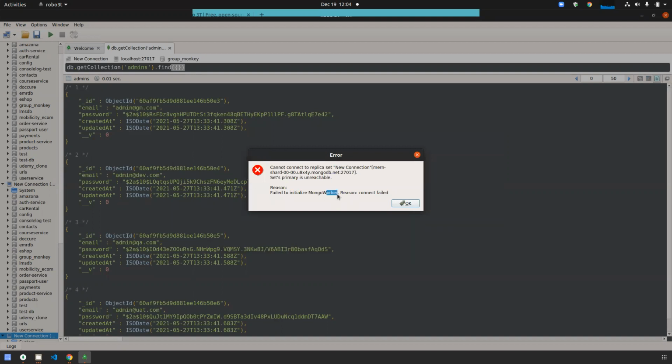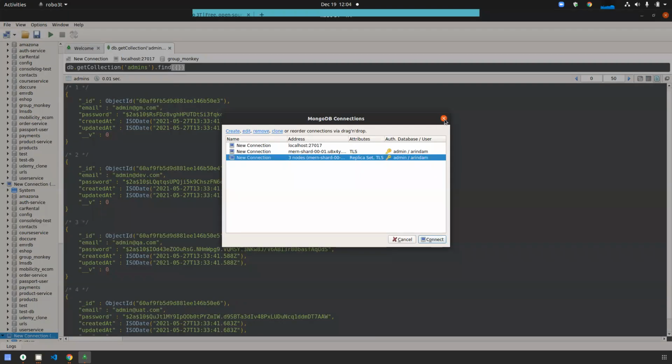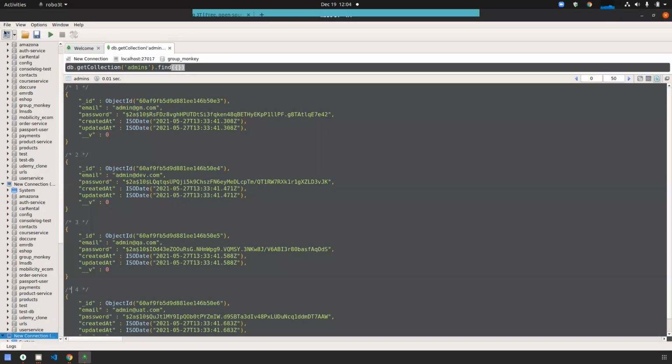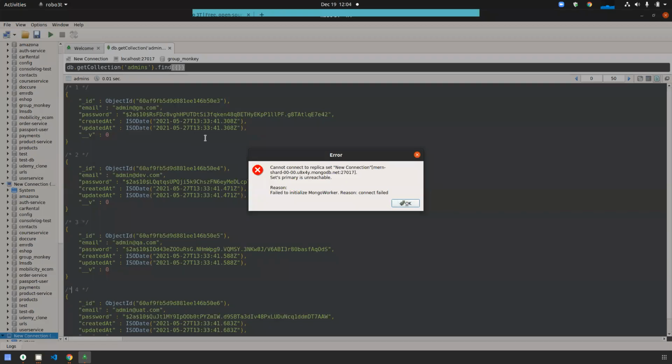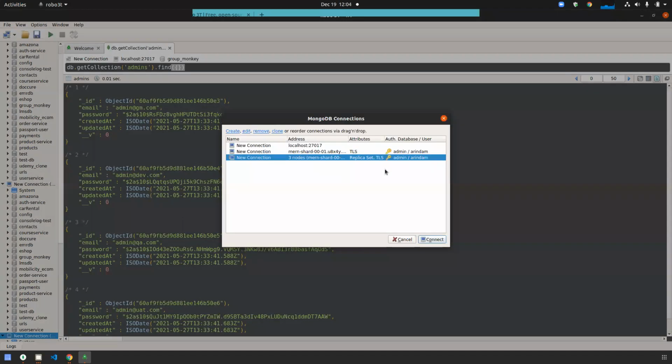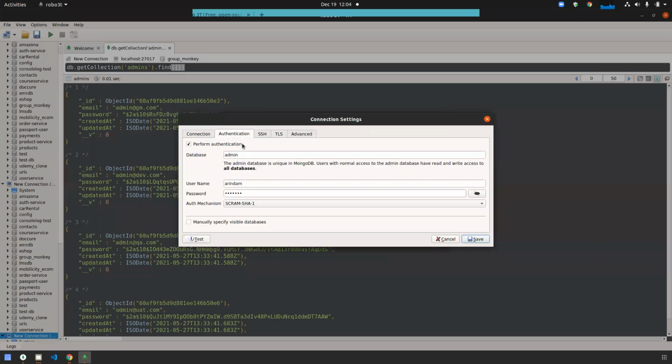Reachable worker using connection field. I think your username is Arindam, but here it is showing admin/Arindam. Just have a look there, the name, original password.